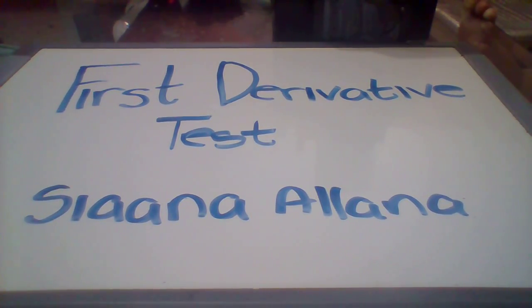I'm going to be talking about the first derivative test. I think the best way to explain how to do the first derivative test is to do a problem. So if you're given the function f of x equals x cubed minus 6x squared plus 15,